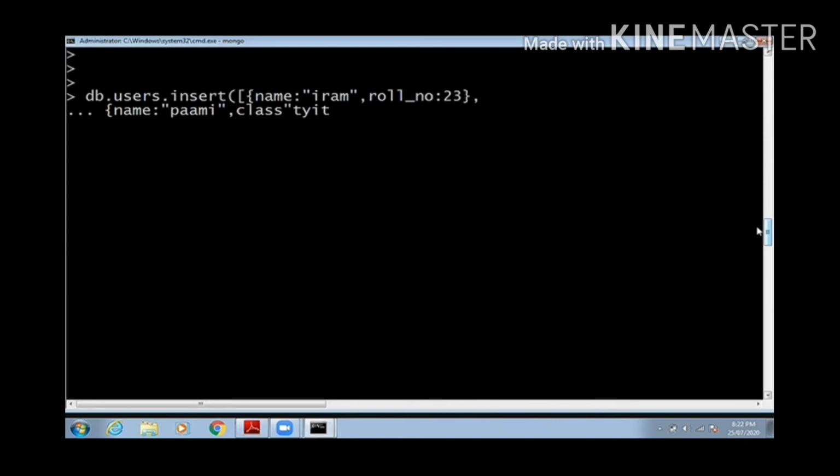So as you can see, I had made a mistake there. Class TYIT, I forgot to put colon there. So it will again give me an error afterwards. See, you can keep on pressing enter until the last round bracket.